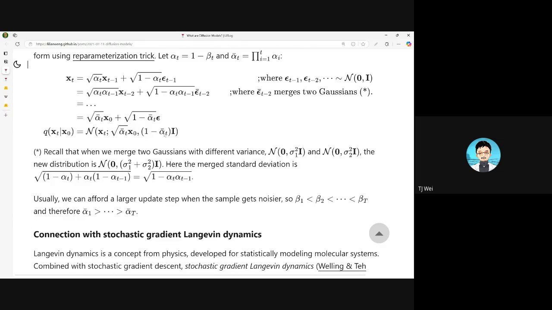Because people are familiar with the normal distribution, it's probably just one or two steps, and you can derive these formulas by yourself. This routine is quite standard. But the key point is that we can do multiple steps of the forward process in just one step